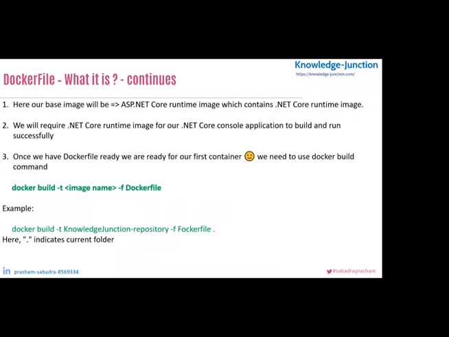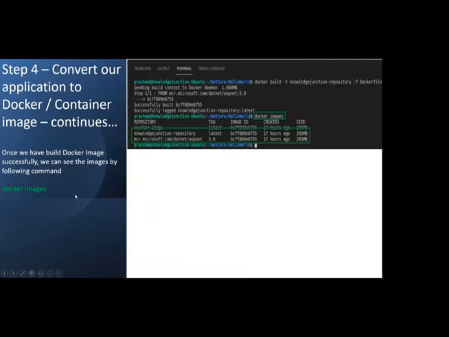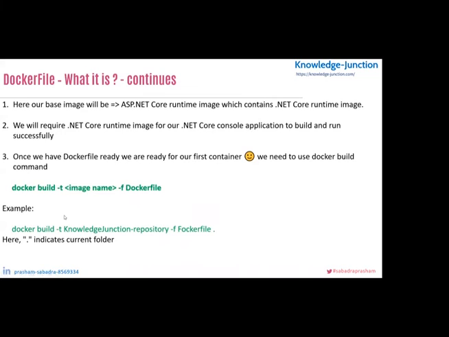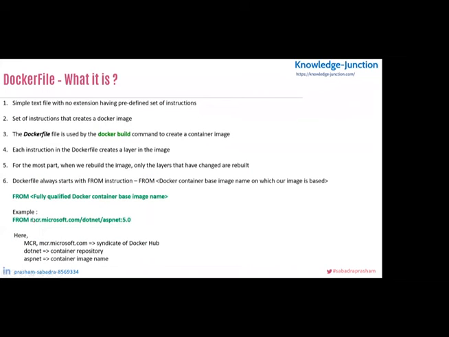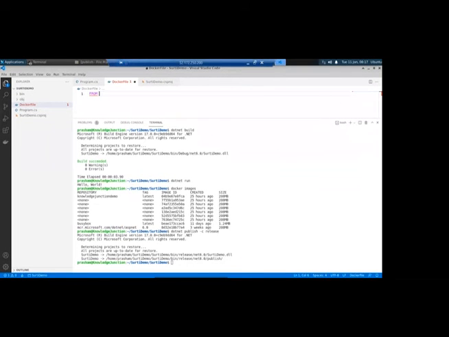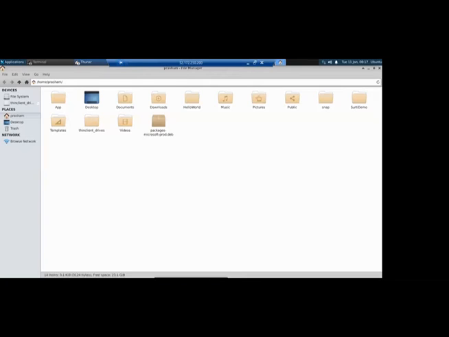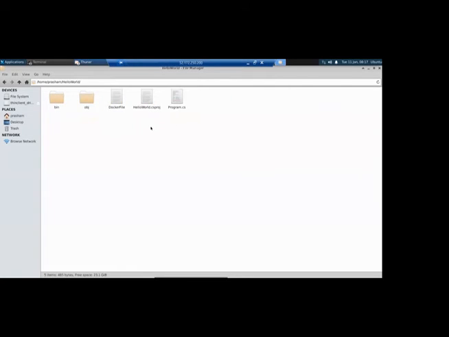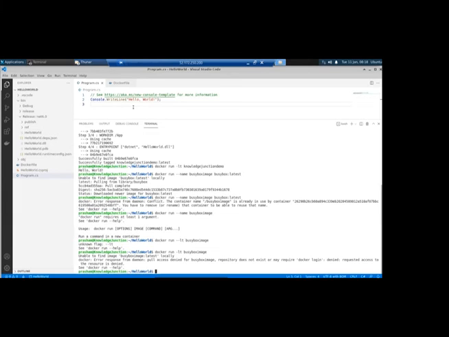As we are mentioning, this always starts with the FROM instruction. Okay, now the FROM instruction. Let me go back. From here we will require it, I'll just copy it from our previous example. I'll go there and copy it from there, because this is case sensitive, and it fails if it is not in proper syntax. So I'm opening Visual Studio Code. Yeah, it opened here. Here, this is the FROM instruction. Let's copy it.